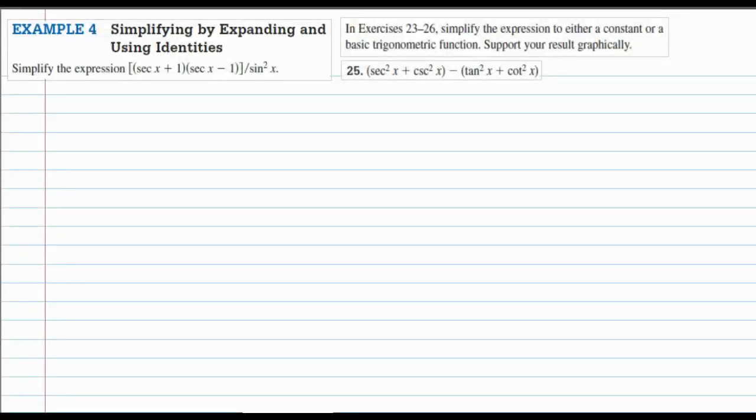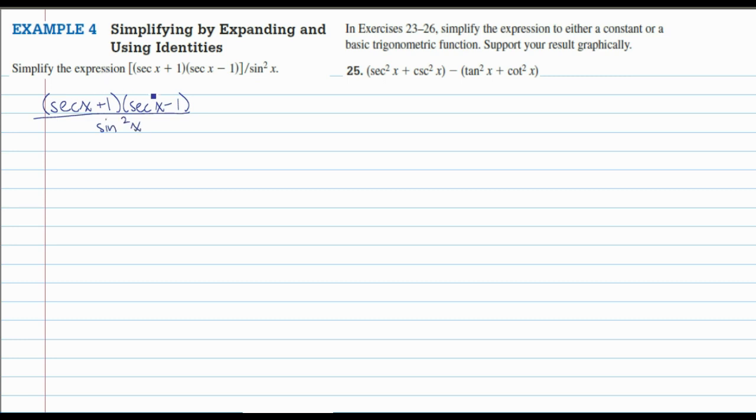This is the screencast for section 5.1, example 4, simplifying by expanding and using identities, trigonometric expressions. In example 4, it wants us to simplify the expression, and I'm going to rewrite that because that looks really messy to me. The secant of x plus 1 times secant of x minus 1 all over sine squared of